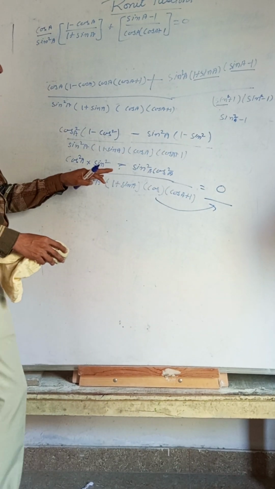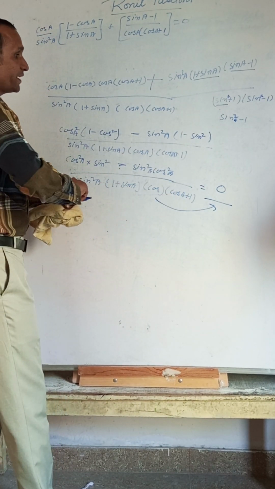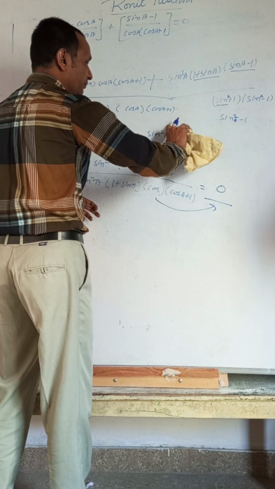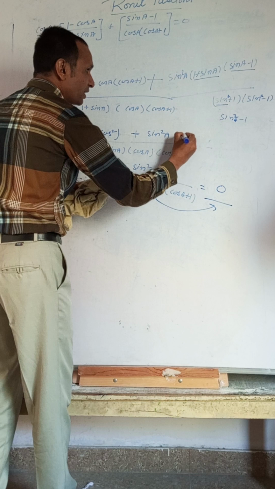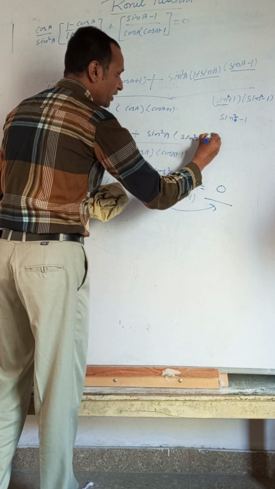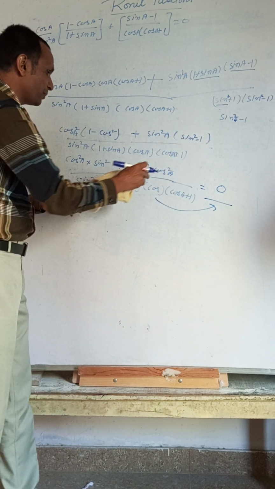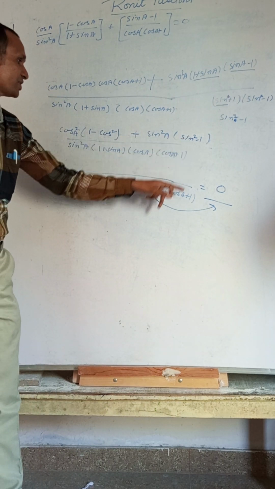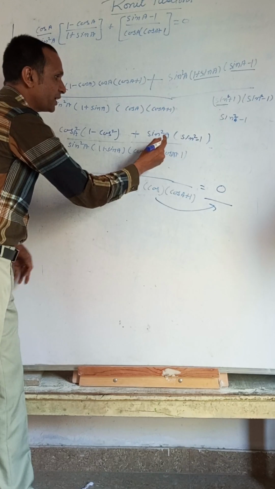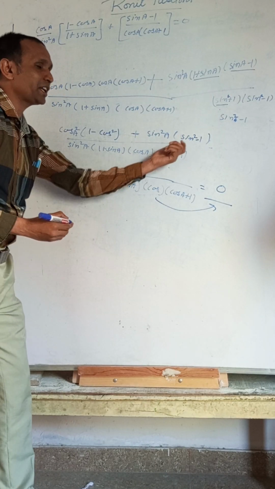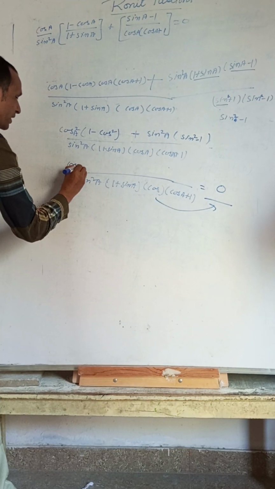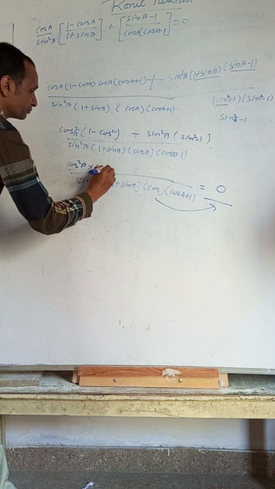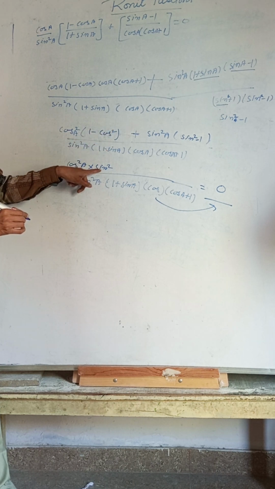This is okay. You can take the screenshot also. Here if it is written like this, 1 minus sin square minus 1, here is the plus, here sin square minus 1 is written. Then this number will be like this. Here it will be changed, it will be the same. So it will be the minus. It will come by multiplying the minus: this is cos square A into sin square, because 1 minus cos square is equal to sin square.